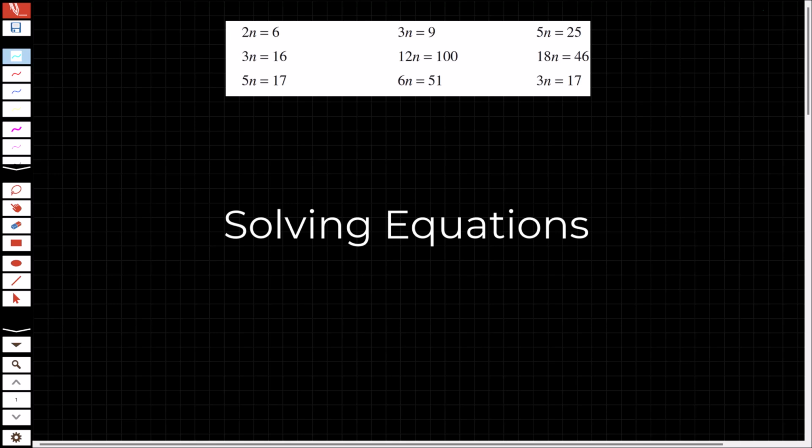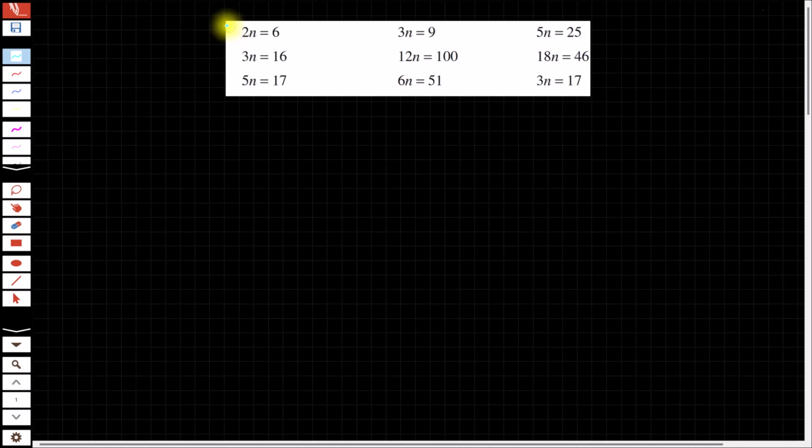In this lesson we're going to look at solving these equations. So firstly we have this one here. Let's have a go at solving it. So we have 2n equals 6. So we have a variable times by a number, and that is equal to another number. So our first job is to try and eliminate this number from the left hand side to leave us with